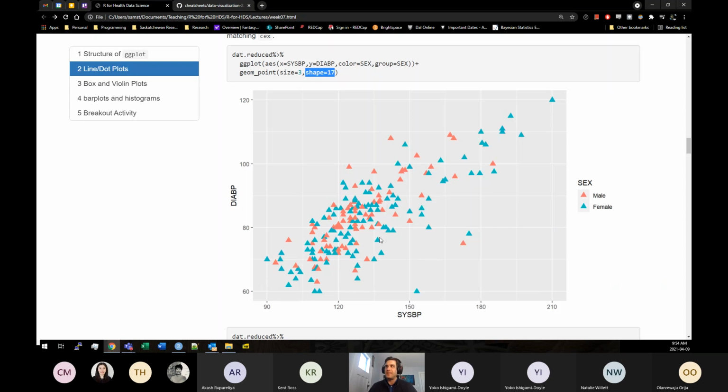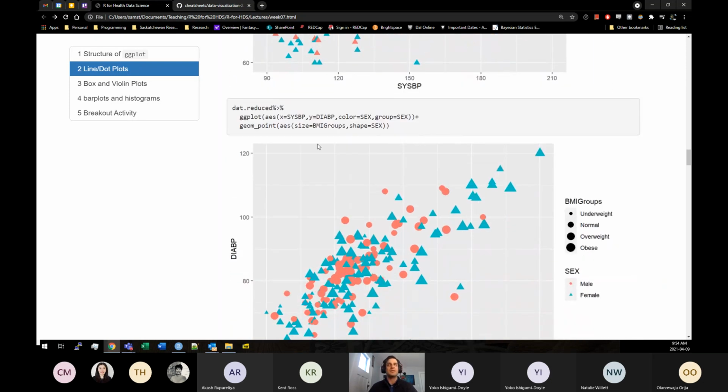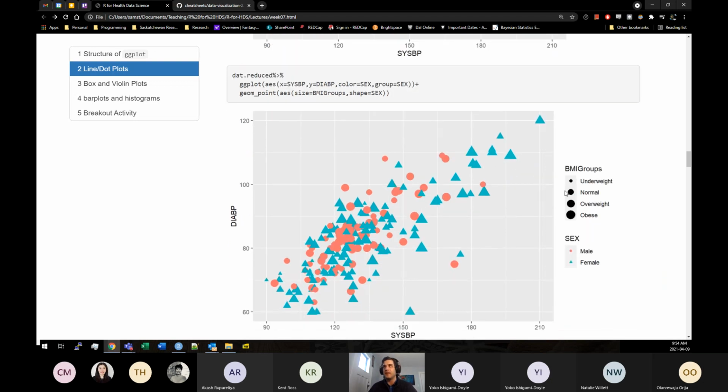So I made 17 just to make it triangles, but you can also more interestingly pass variables. So now what I've done here is the size of my dot is proportional to the BMI group they fall in, and my shape variable is different for males and females. So I have it both colored and shaped. I would suggest doing that as often as you can. It's more friendly to colorblind people,